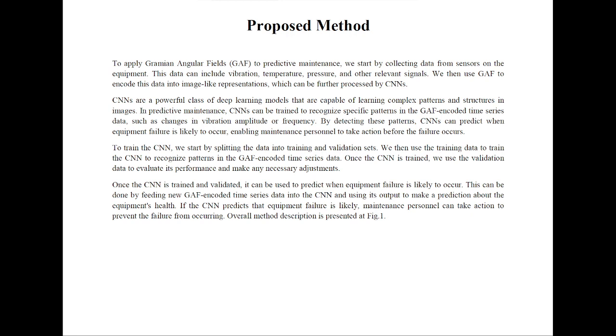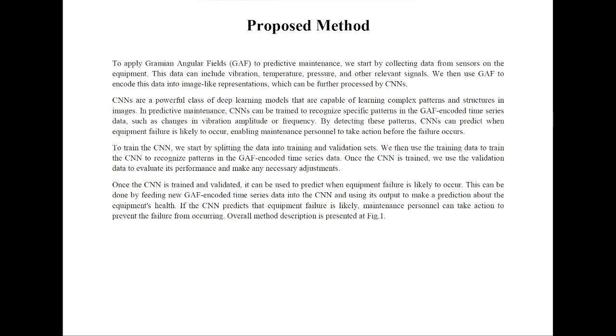by CNNs. CNNs are a powerful class of deep learning models that are capable of learning complex patterns and structures in images. In predictive maintenance, a CNN can be trained to recognize specific patterns in the GAF-encoded time series data, such as changes in vibration, amplitude, and/or frequency. By detecting these patterns, a CNN can predict when equipment failure is likely to occur, enabling maintenance personnel to take action